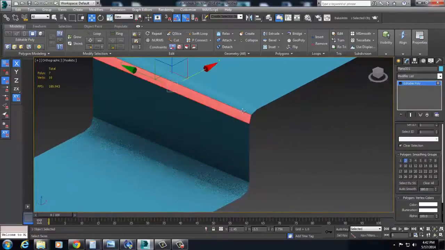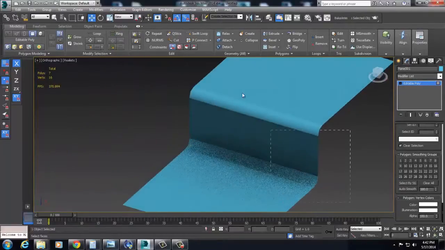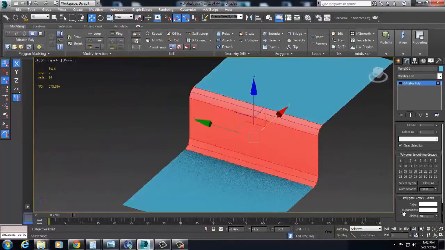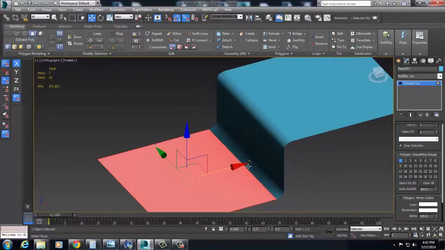I want you to look at what's happened here, okay? I have a smoothing group now. Both of these are set to 2. Okay, so I can come into here, and I can say, hey, I want this to be a nice smooth transition. Okay, so I have the same smooth transition